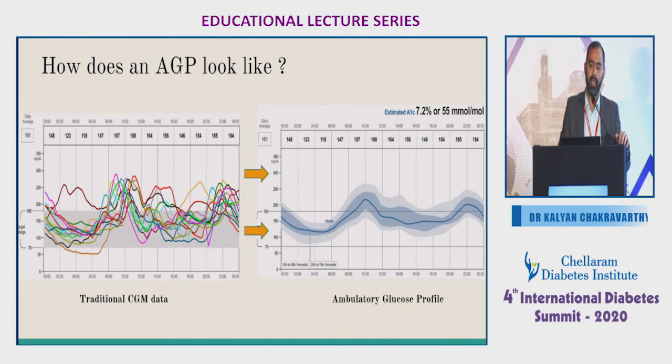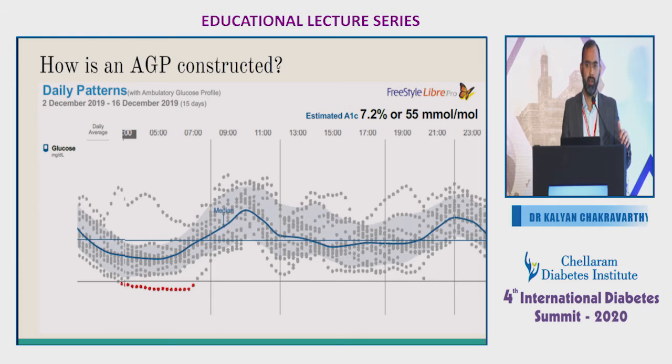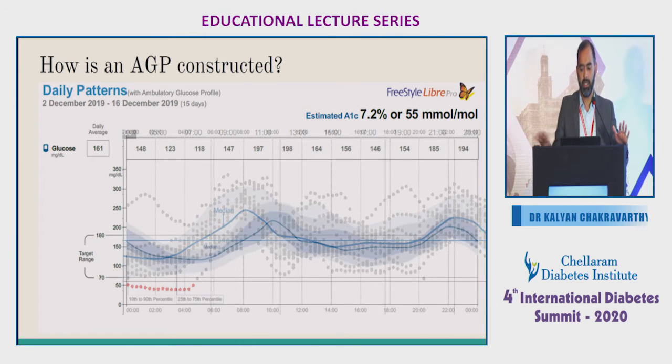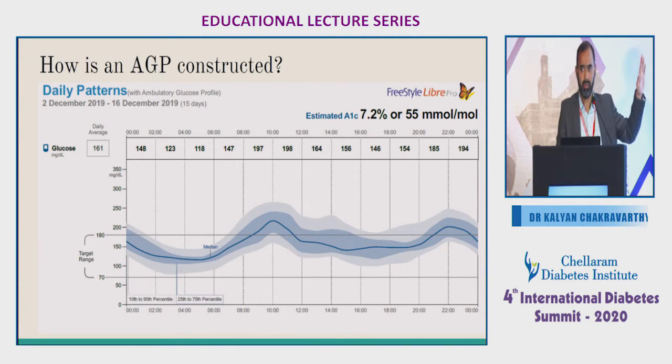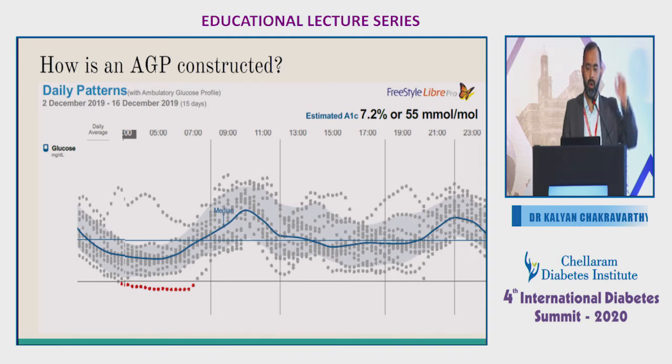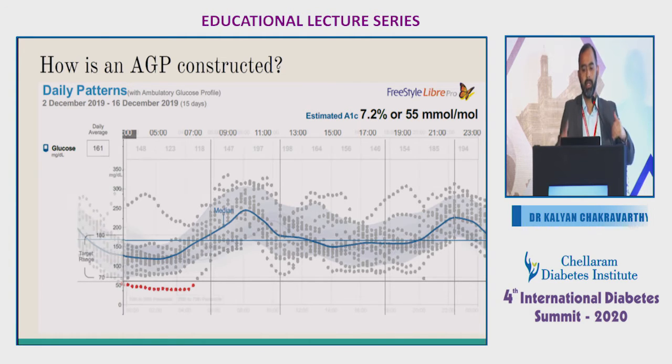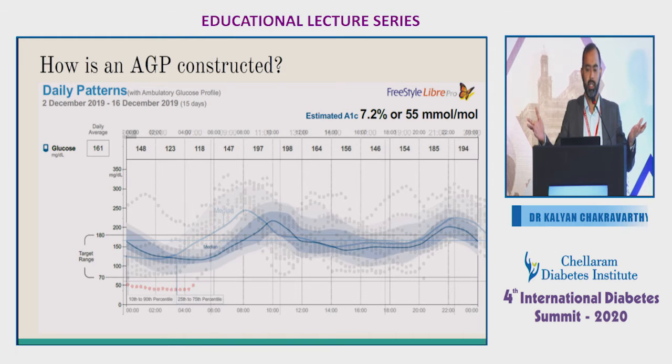It will also give an estimated A1C, which is about 7.2. Now, this is not a calculated HbA1c. This is an estimated A1C, which is exactly reversed from the formula of doing an estimated average glucose, and then you reverse it to get an estimated A1C. How is it produced? The AGP is constructed via, the previous slide showed that all these are the patient's readings. Every 15 minutes, the sensor checks the data. It will put a dot onto this graph. Now, this graph correlates all the data and converts it into an AGP.